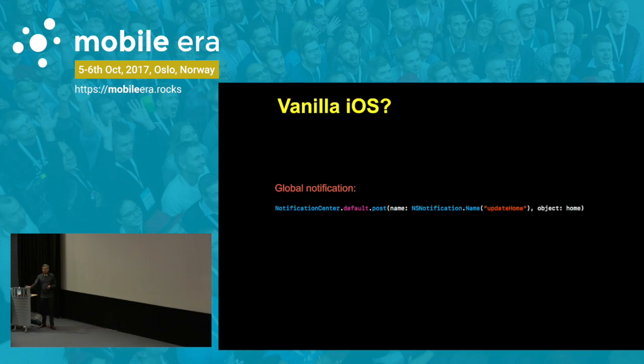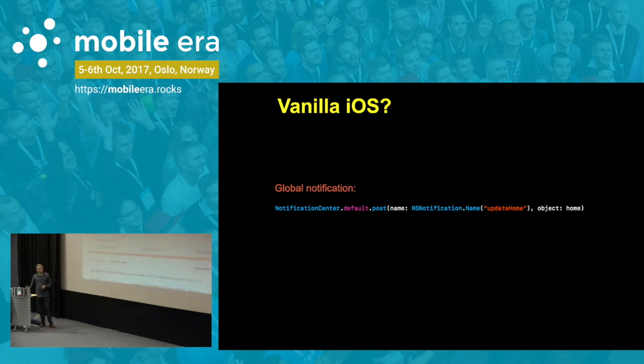How would we do that with vanilla iOS? Like, we're just doing a regular app. There's several ways to do it. We tried with just having global notifications at first. You can send a global notification that says your home is updated every time there's a request, or just okay, this device is updated. But then you need to have subscribers in your entire app that subscribe to these notifications in all view controllers, edit, view, ordinary views. That's kind of tedious. So we were thinking, is there a better way? And it is.